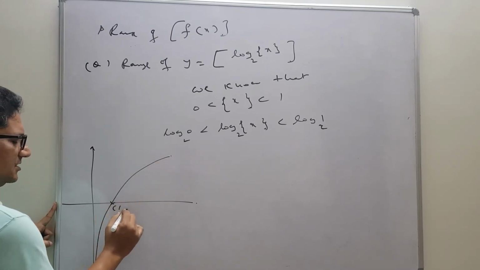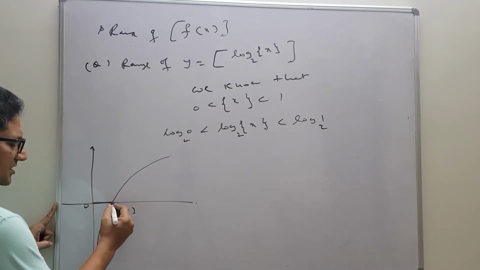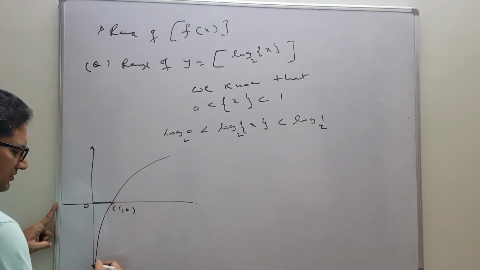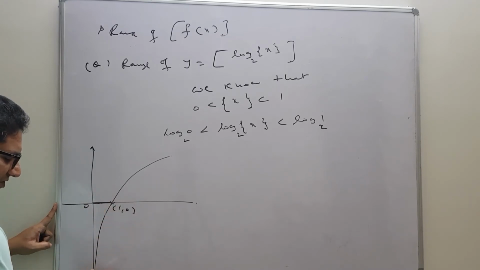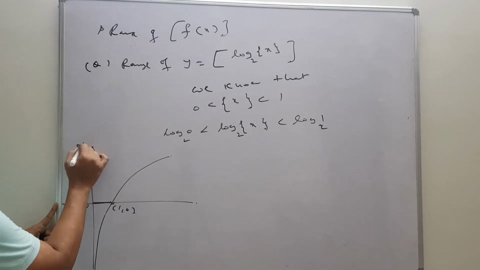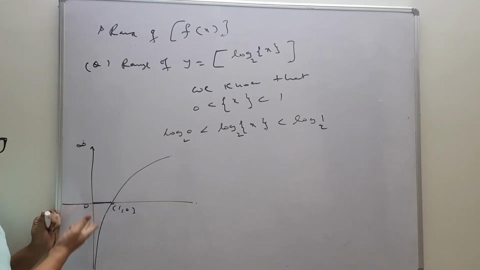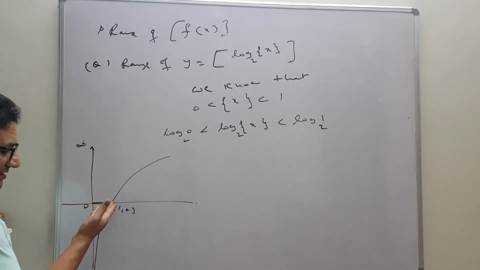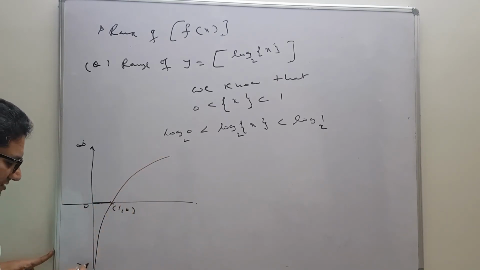So here we will get 1 comma 0. In between 0 and 1 we know that the graph is negative. So when x is very near to 0, the logarithmic function is approaching which value? Anyone, students? Negative of what? Minus infinity. Okay, listen. When x is approaching 0, the graph of the logarithmic function approaches minus infinity.